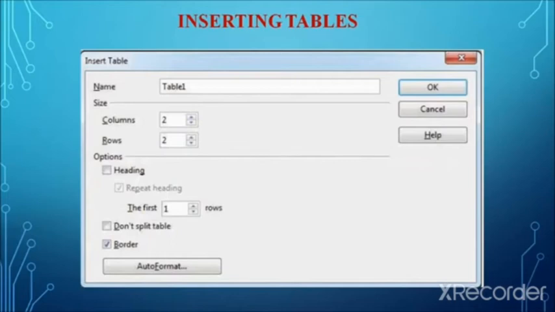And also the auto format button is there at the bottom of the dialog box. Again it opens a new dialog box, the auto format dialog box, where you can create the color combination for the rows and columns, and select all the additional formatting options. In the auto format dialog box, it is possible to choose different predefined formats of the tables. Different layouts will be there, with different color combinations. We can select the predefined layouts of the table. So these are the two methods for creating a new table.